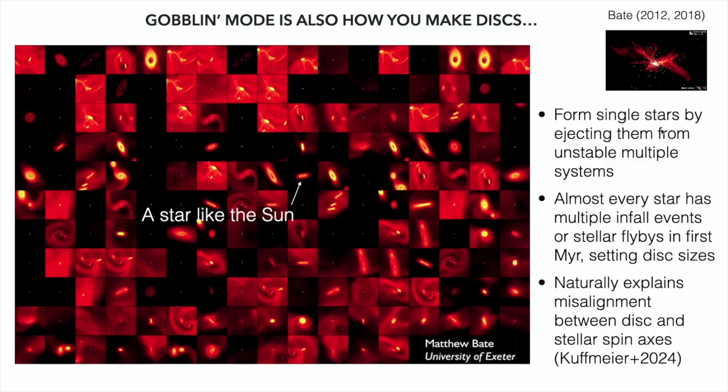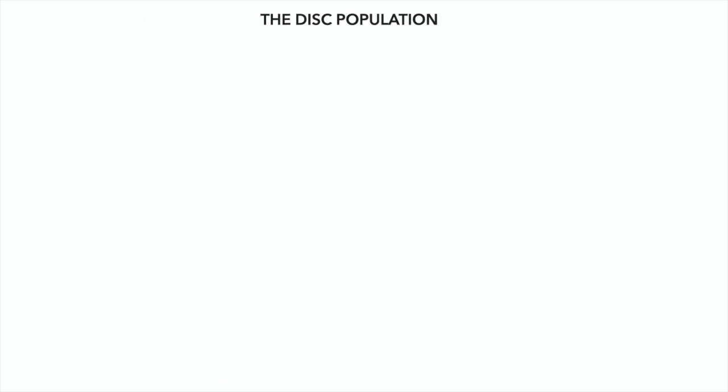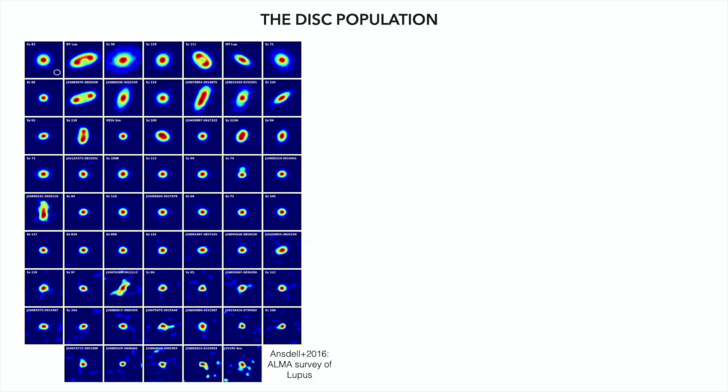All right, no one's getting too angry just yet. But you see lots of evidence for this in the disk population. So one of the things that people are going after with ALMA now is just the population of compact disks. We tried to study all the fancy ones up the top, but there's a lot of disks that are just really small and compact. And compact small disks is what you get by tidal truncation in a kind of clustered environment.